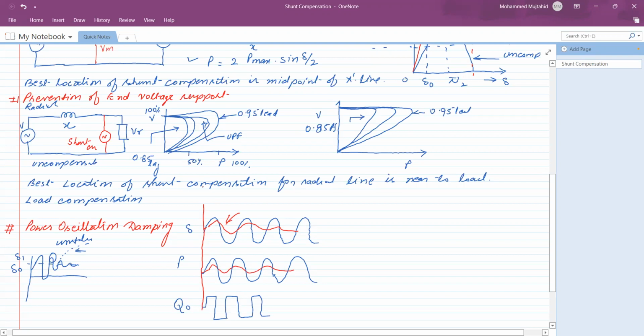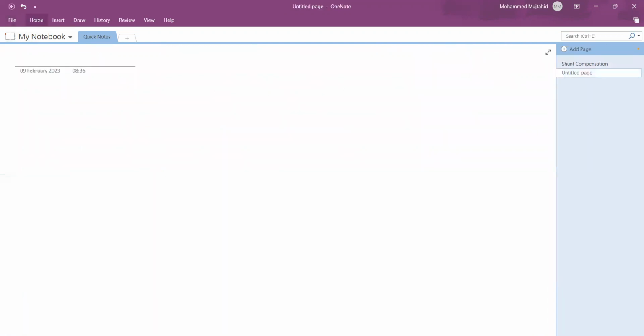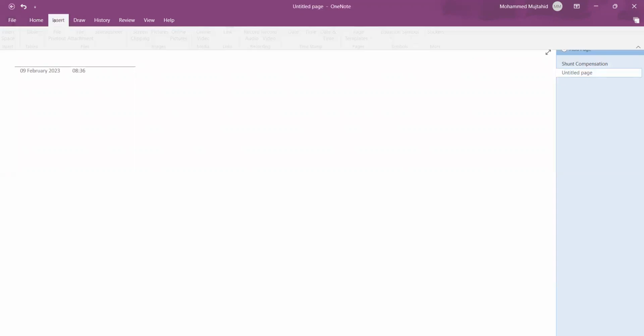So these are some three points which are the advantage or application of shunt compensation. One more compensation advantage which is very useful,